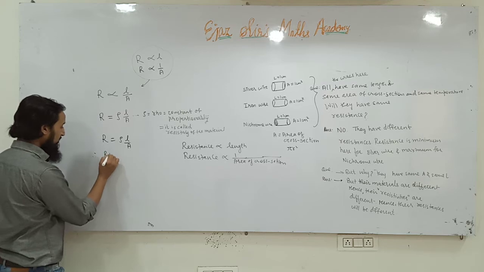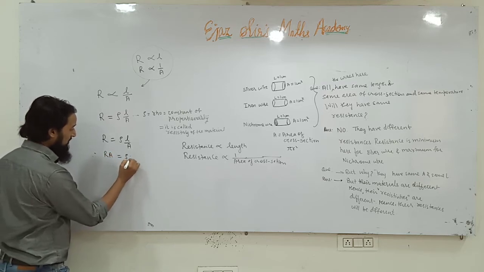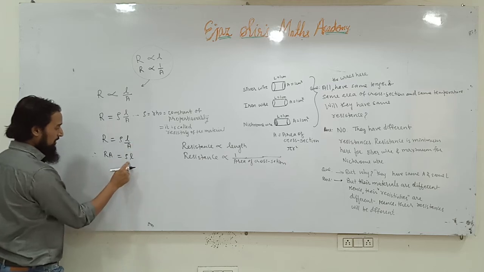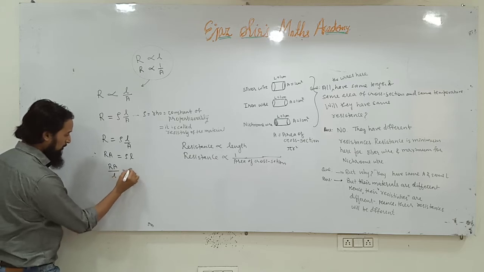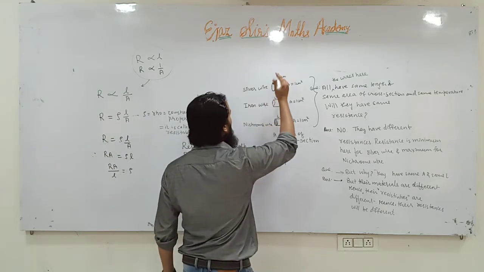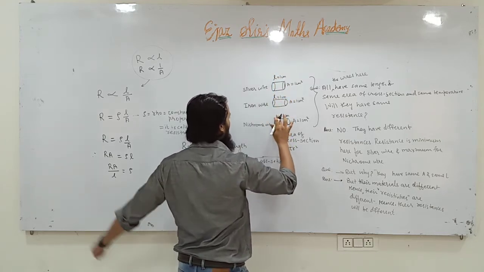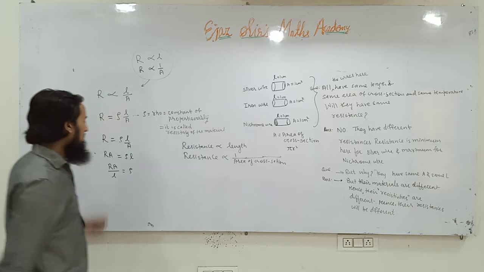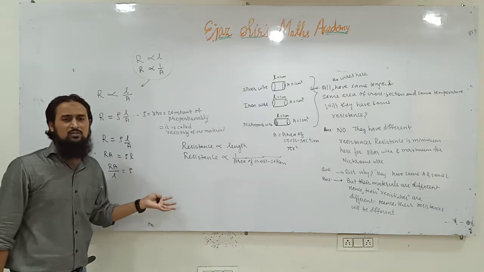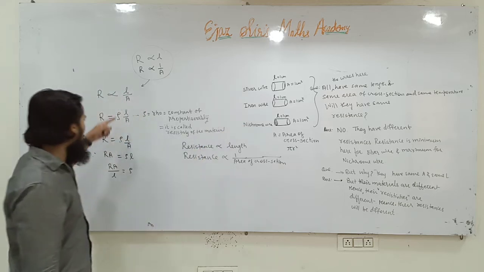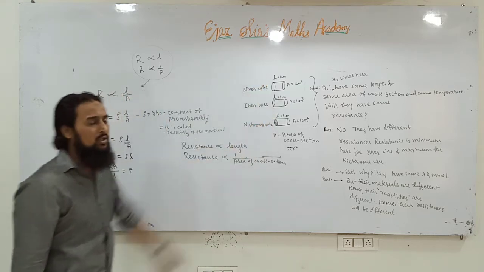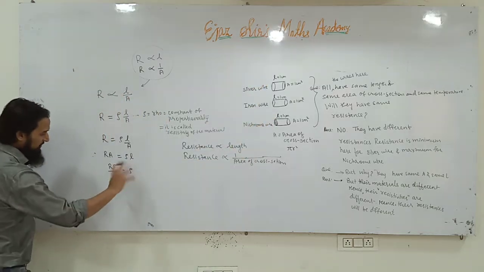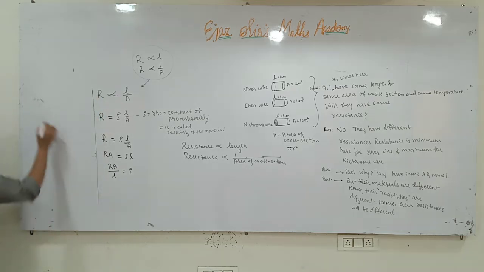So we can write R is equal to rho into L upon A. Therefore, we can write R into A is equal to rho into L. Now we can write R into A upon L is equal to rho. I have written capital L, let it be small l, because there I have denoted it by small l. We can denote it by capital L also, there is no problem. But since I have denoted it with small l, I would like to write it in small letters only. So, if we write it properly, it becomes rho is equal to R into A upon l.